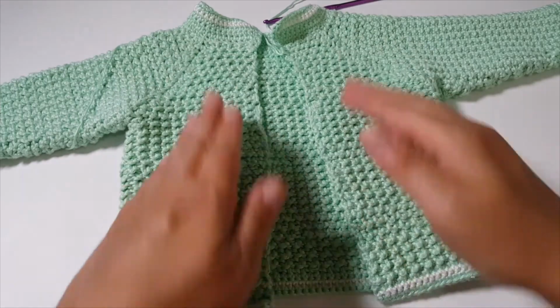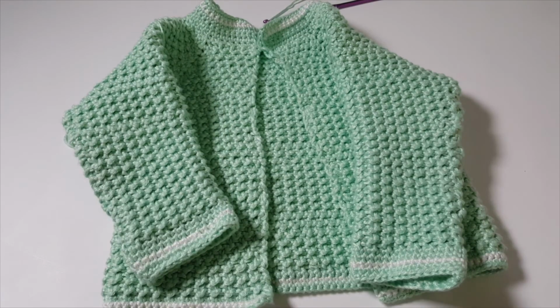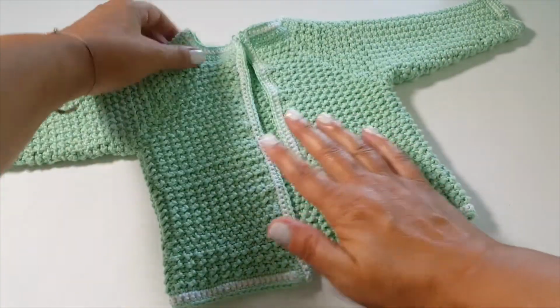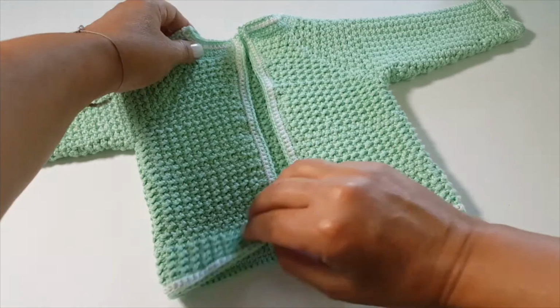So I'm going to go ahead and do my inner edges here, and then I'll be back with the final reveal of our sweet cardigan. Okay, I am finished. My little darling cardigan. I just adore it. Now it needs some blocking because you can see it's just a little bit kind of